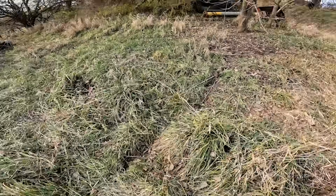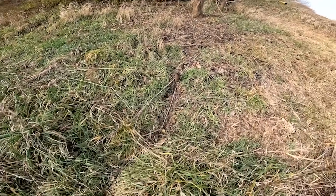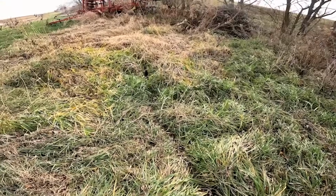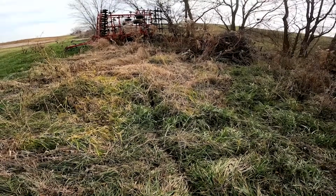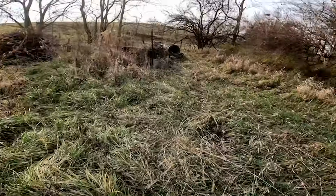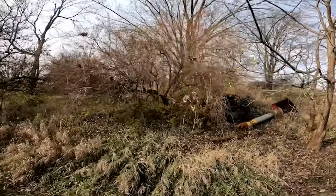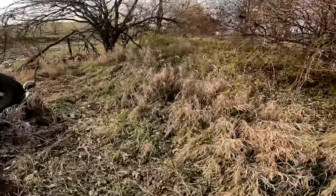Well, we're coming in here. Here's that good trail that's got these two DPs on it. You can see how that's just beat down. Now the corn has been cut. They may have changed their travel ways. They may be staying up in there toward the cattle yard more, but we do have these set on good